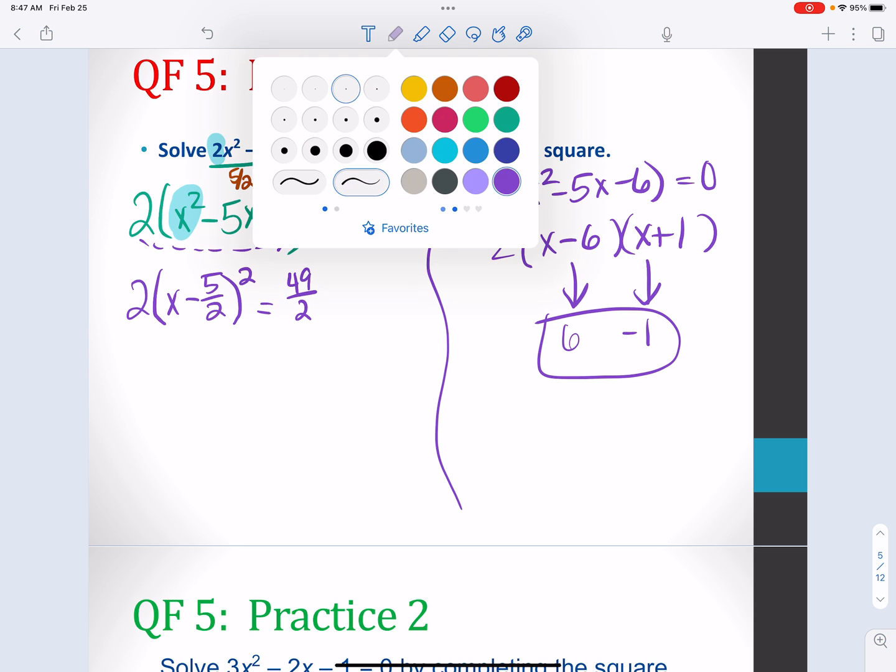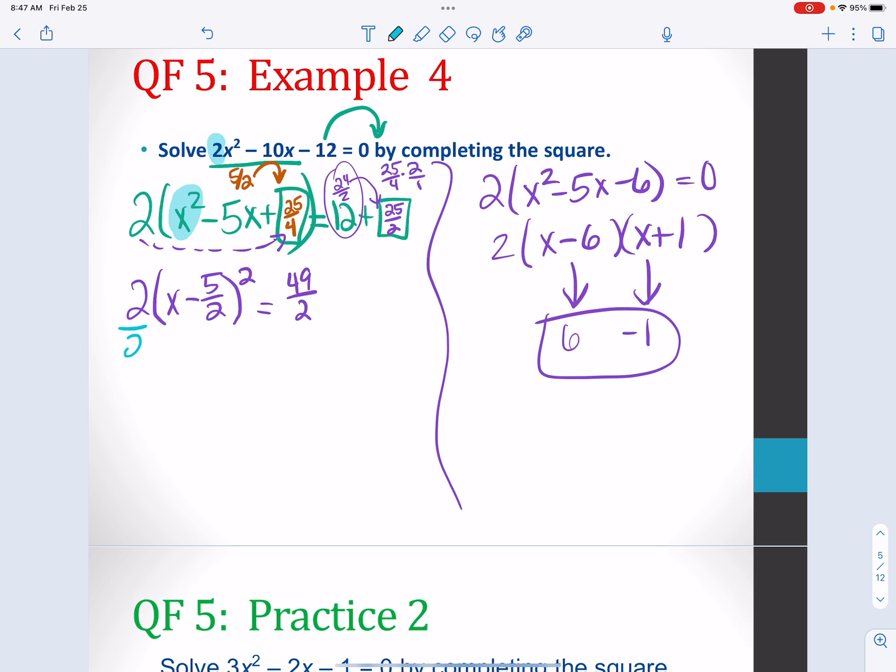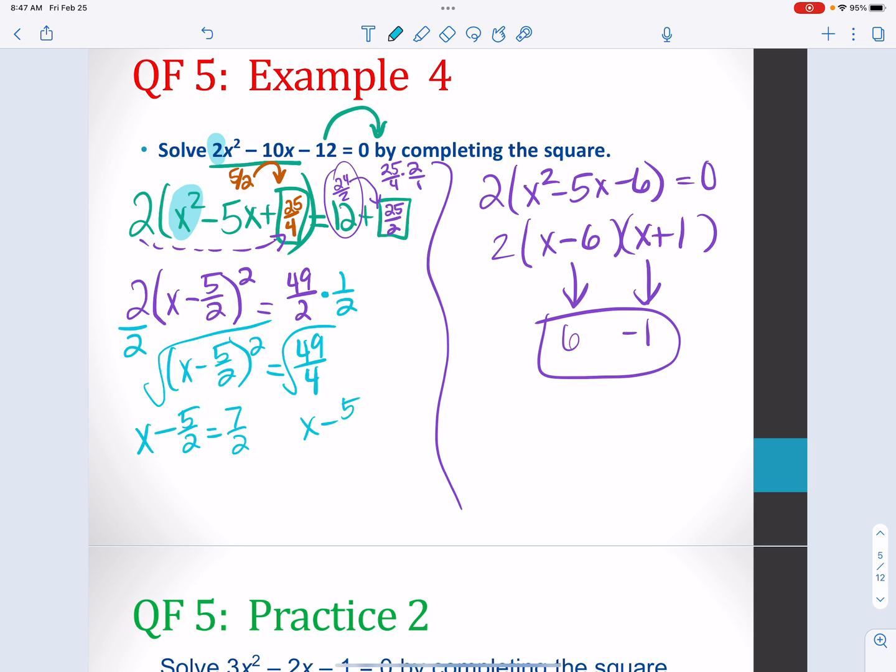Okay, so now I would solve. The first thing I'm going to have to do is get rid of the 2. So 49/4. And then I would square root both sides. So I'd get x minus 5/2 equals 7/2. x minus 5/2 equals a negative 7/2. So I would add 5/2 and get 12/2, which is 6, which is what I got right here. And I would add 5/2 and get a negative 2/2, which is a negative 1, which is what I got